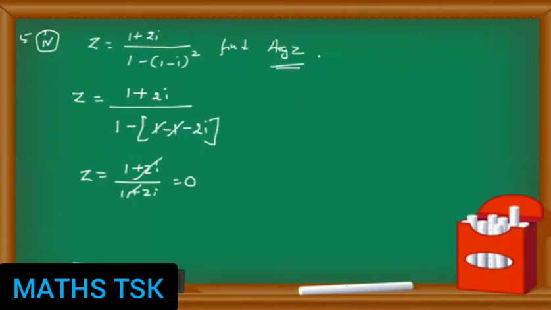What is the arg z value? There is nothing but, there is not 0, there is 1. Both get cancelled, leaving 1. So I can write 1 as cis 0. So z is equal to cis 0. What is the modulus of z? The modulus of z is equal to 1 and arg z is 0 degrees. Okay, next.